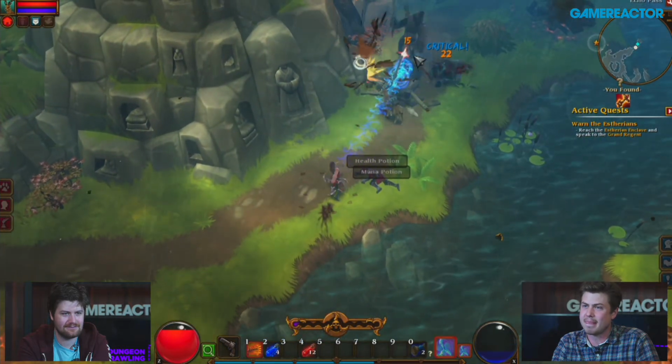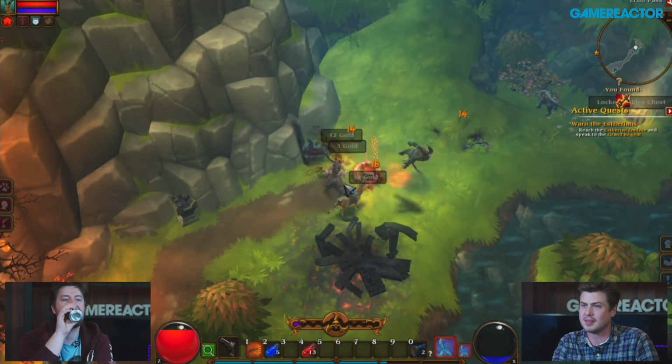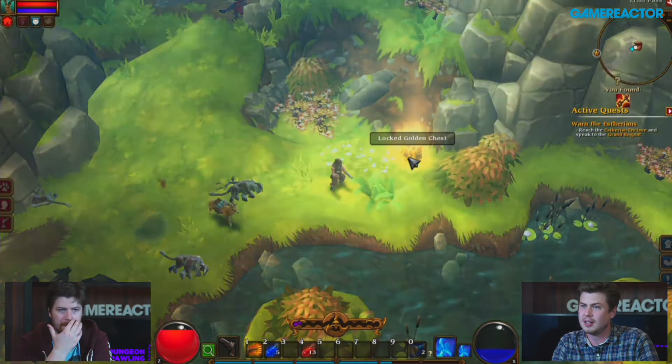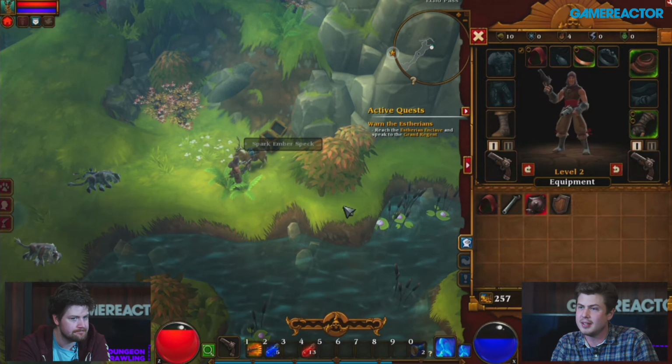Oh, sneaky. Whoa. All right. Oh, that's a big chest over there. Oh yeah, all glowing. It's a locked one. Oh, but you unlocked it. I guess you picked up that key earlier. Yeah. So probably. Couldn't really find the key, but...